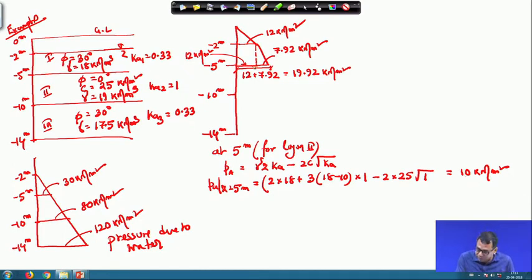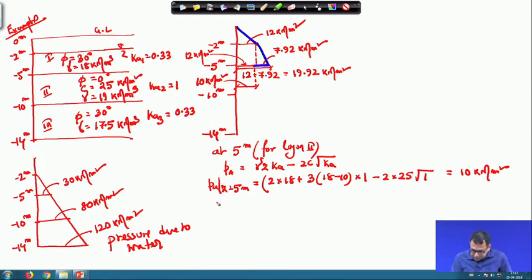So, it will go inside. Okay. Now if I take the blue color, then this is the diagram. So, this will go inside. Fine. And this value, that is 10 kilonewton per meter square, I am just taking as 10 kilonewton per meter square.